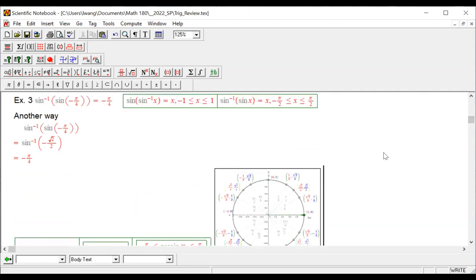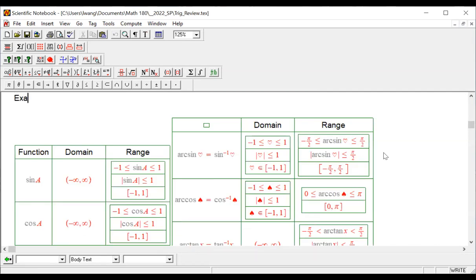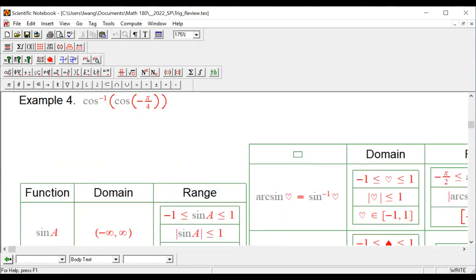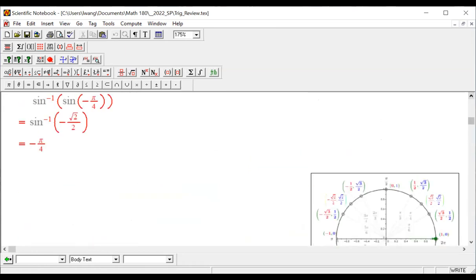Okay, so let's look at example number 4. This one gets a little bit more interesting. Arc cosine of cosine of negative pi over 4. You have to trust me that I put this question there for a reason. If we're speaking about shortcuts,